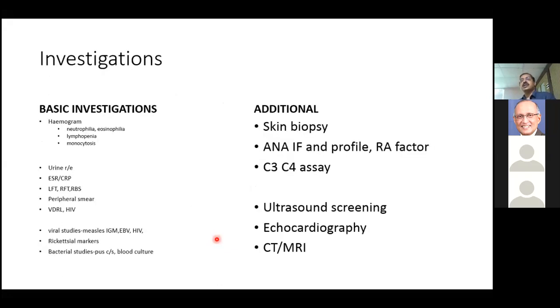Now, how do you investigate when a patient comes with a maculopapular rash? So the first and basic thing is to do a hemogram. You will get a lot of clues from a hemogram. You find a neutrophilia or a neutropenia. You find an eosinophilia, think of an exogenous agent like a contact allergy or a drug rash, because eosinophilia is often seen as an allergic reaction. So if you get a clue of an eosinophilia, think of that. Or if you get a lymphopenia or a lymphocytosis, again, one would be thinking of a viral. Monocytosis, again, viral. So you look for clues in the CBC.